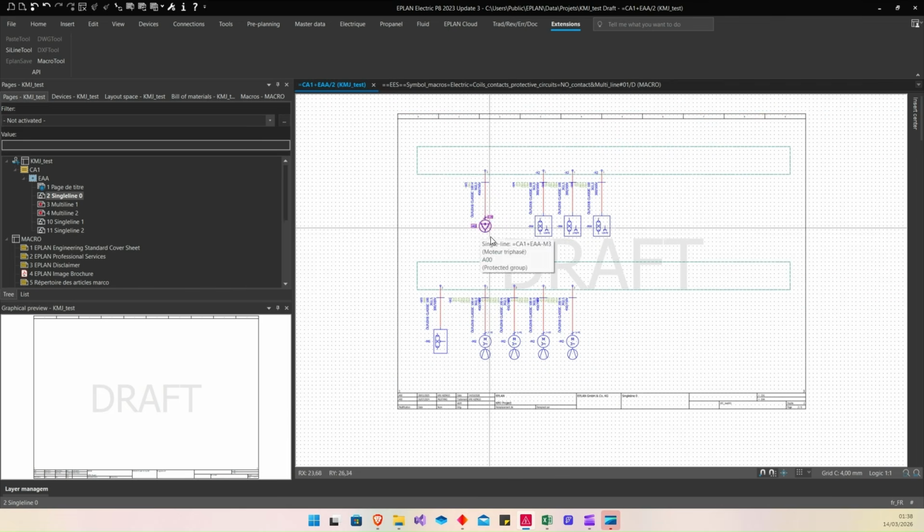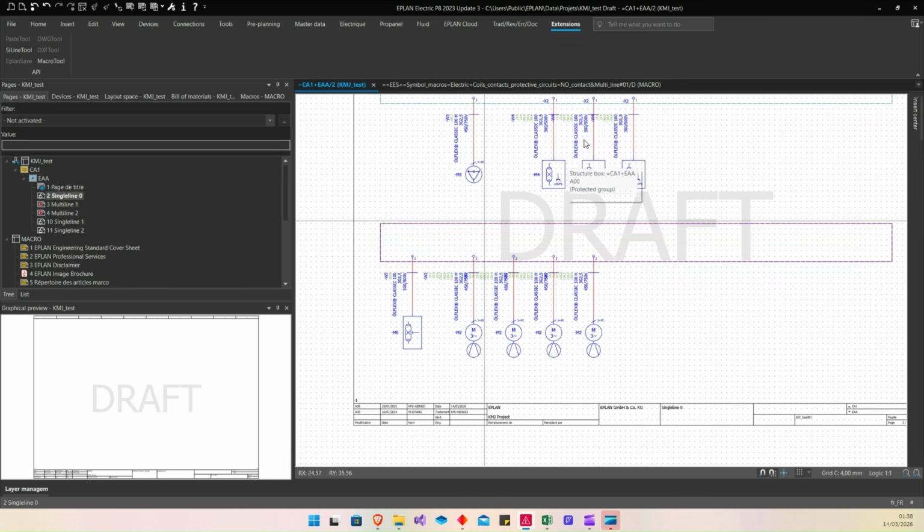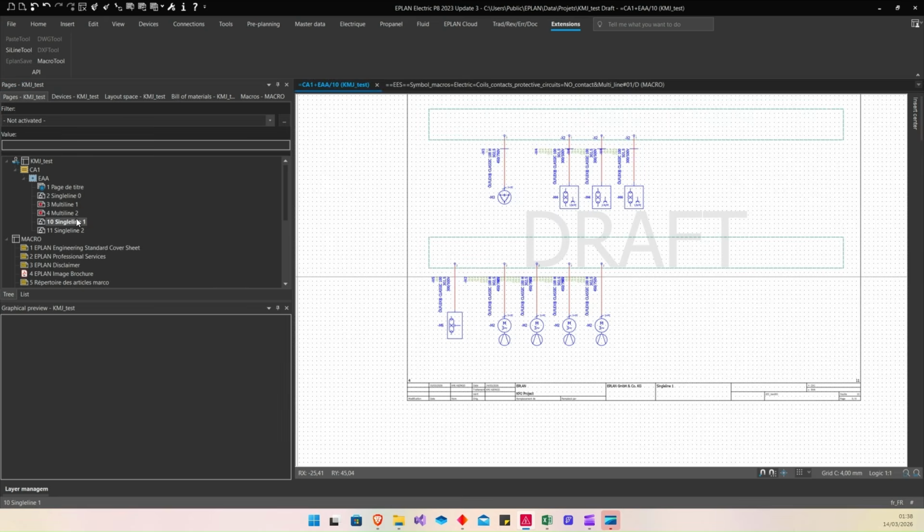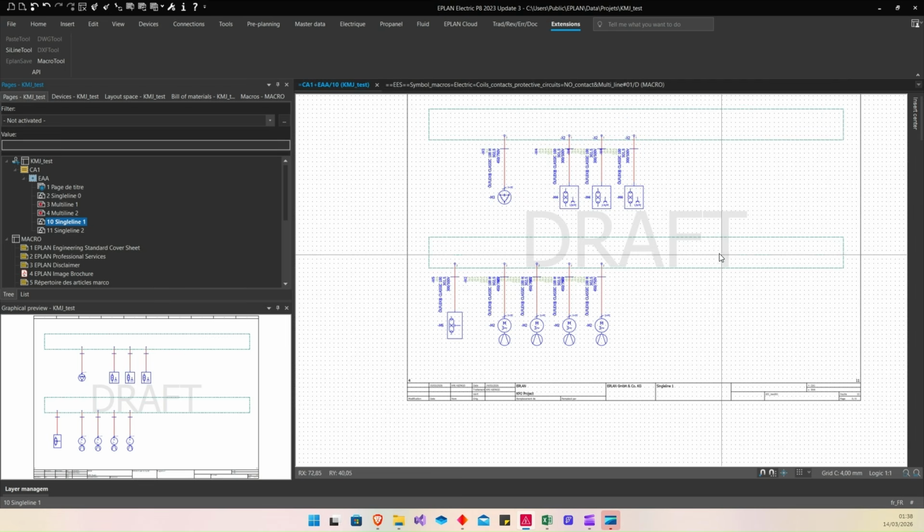Then we have this. And in page 10, we also have, here I select the painter, the same macro insert, because the macro tool inserts the same macro from your Excel file to many pages in ePlan.